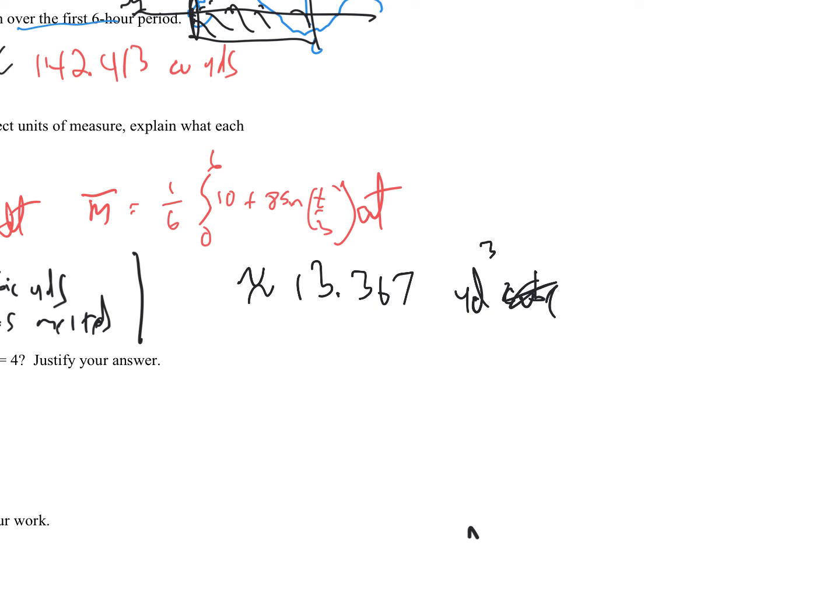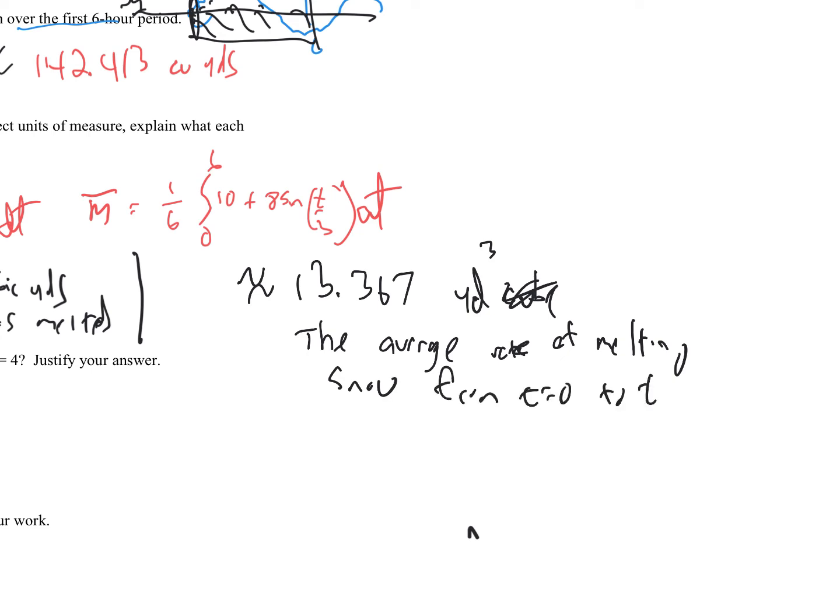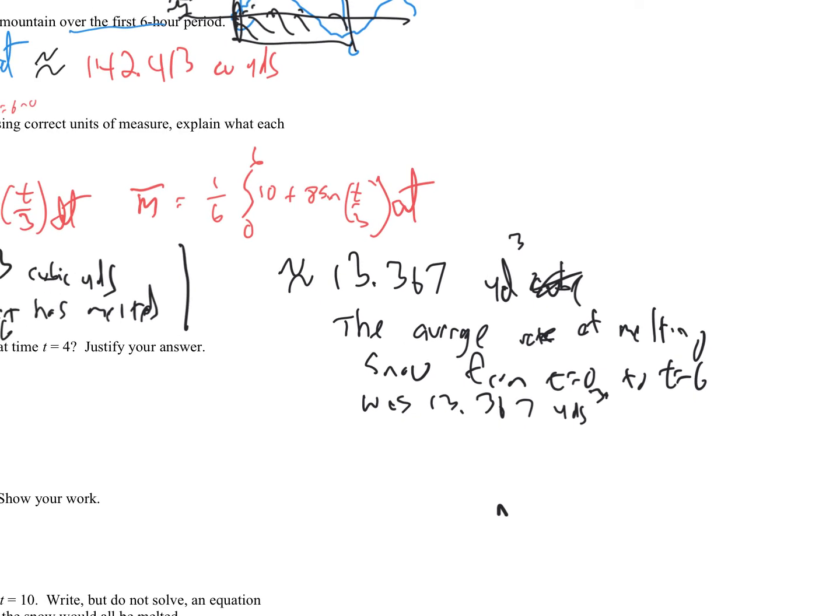This means the average rate of melting snow from t is 0 to t is 6 was 13.367 cubic yards. And it is less because,